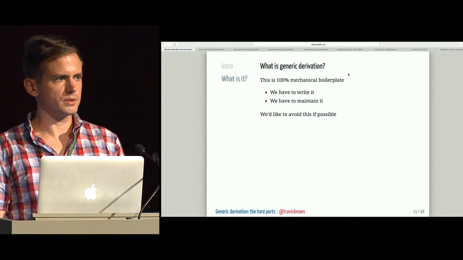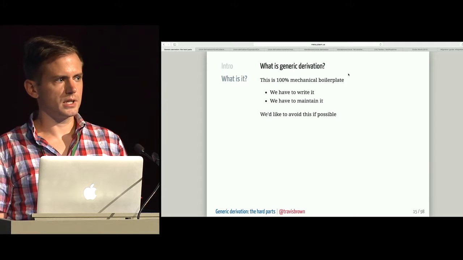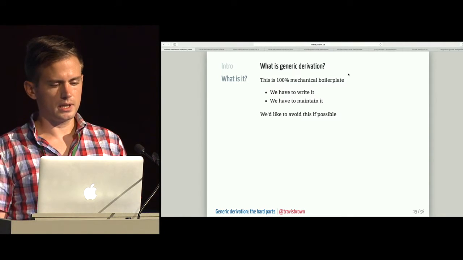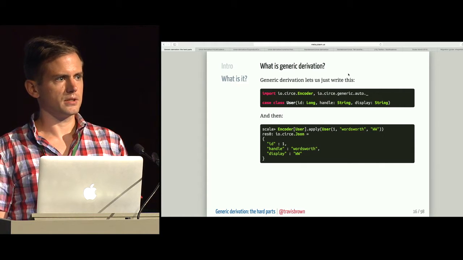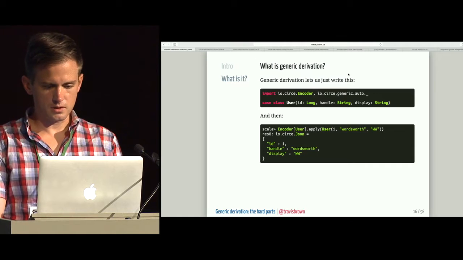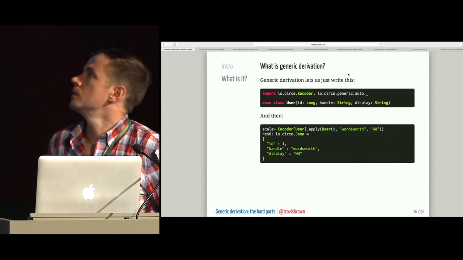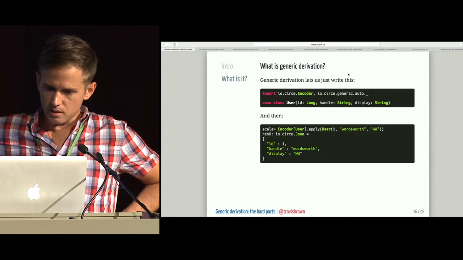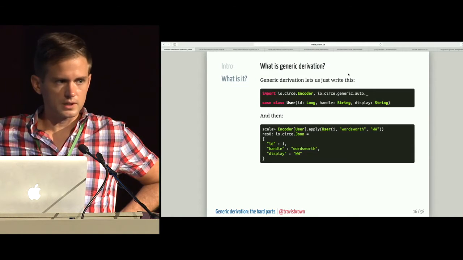So we want to avoid this. We don't want to have potentially hundreds or thousands of lines of this boilerplate in our code base. And so generic derivation is an attempt to make avoiding that possible. So here we have the same definition of a case class,